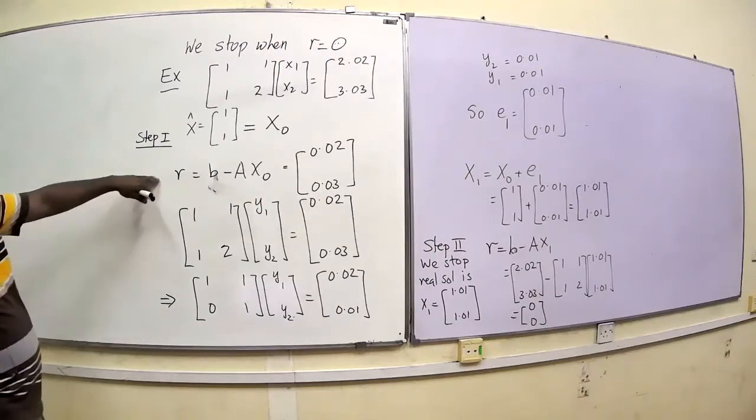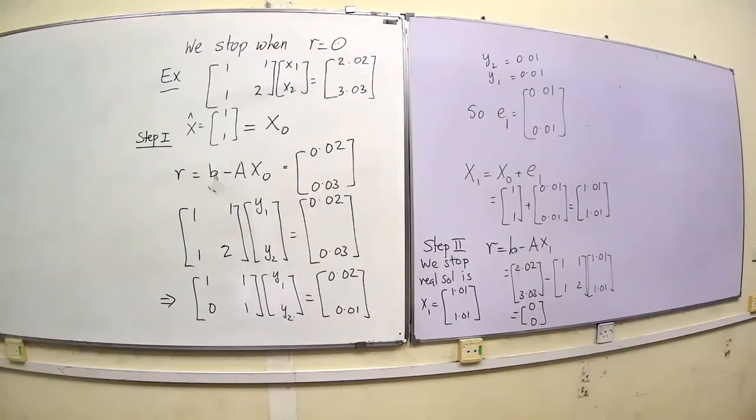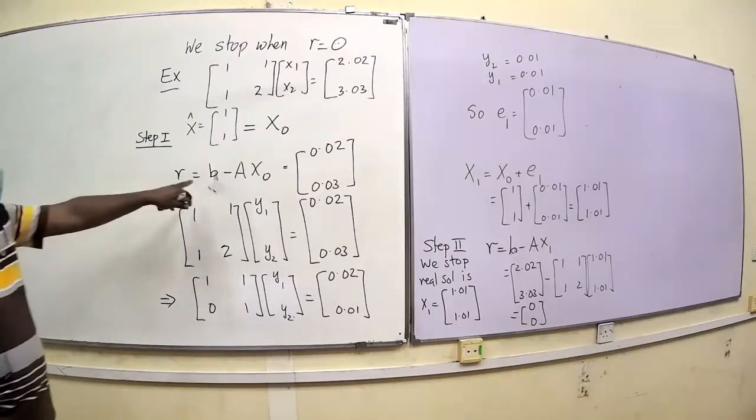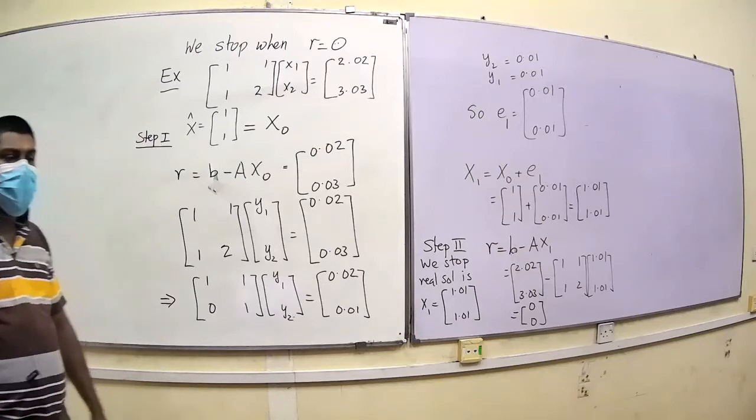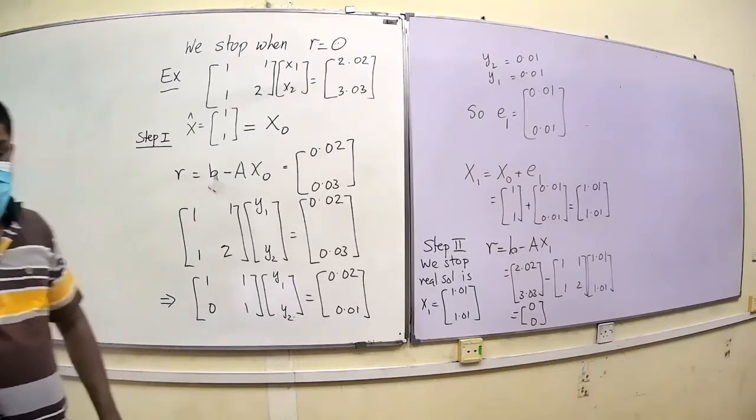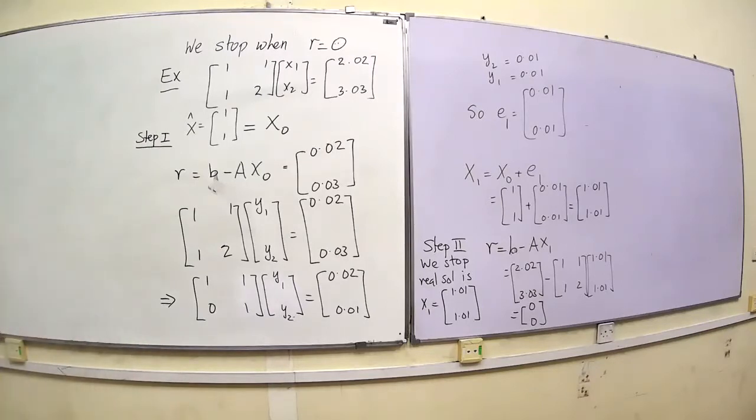So here you start finding the residual for every approximation. Solve the system Ax equal to b, or Ae equal to r. When you are solving, again you will have some approximated solution. Here fortunately you have a real solution, so that's fine. Sometimes you will have an approximated solution. Then you improve your previous approximation by adding e to x, and then again you find r, and you repeat, and you continue until you get a real solution. So this is called iterative improvement or iterative refinement technique.